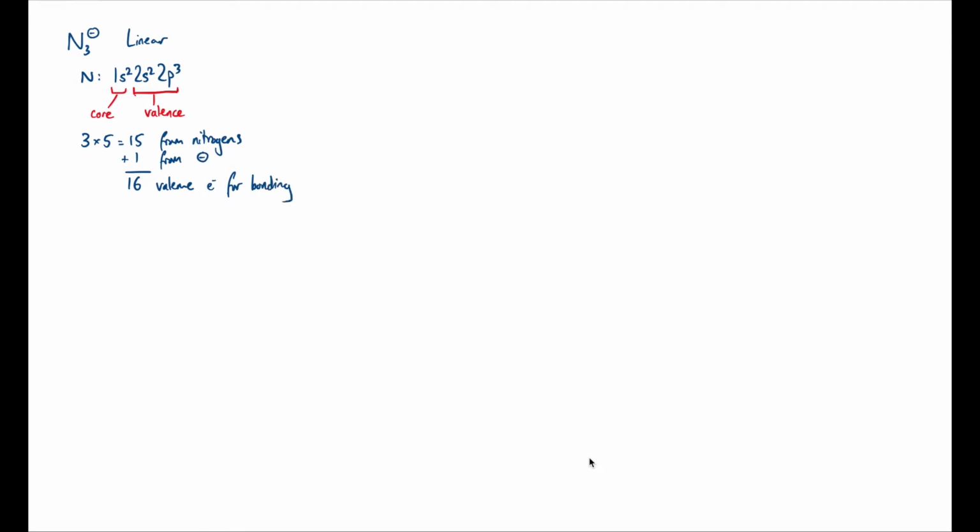Okay, so that's a good start, and we need to think about where they're going to distribute themselves. So we could try and draw a structure for this using a sort of atom and stick type model, or a so-called Lewis structure. So a Lewis structure for this is actually not quite as nice as we might want it to be. If we have a nitrogen bonded to another nitrogen, bonded to another nitrogen in a line, well,